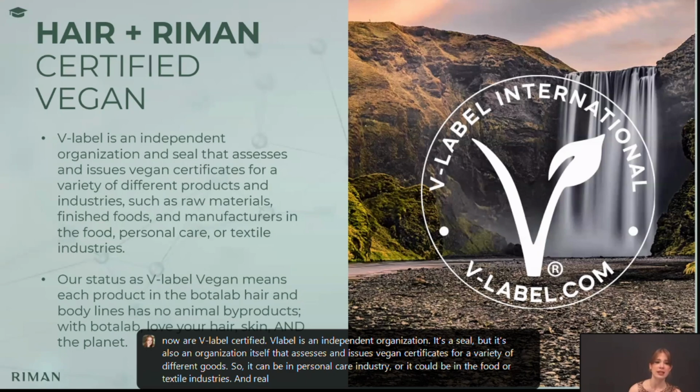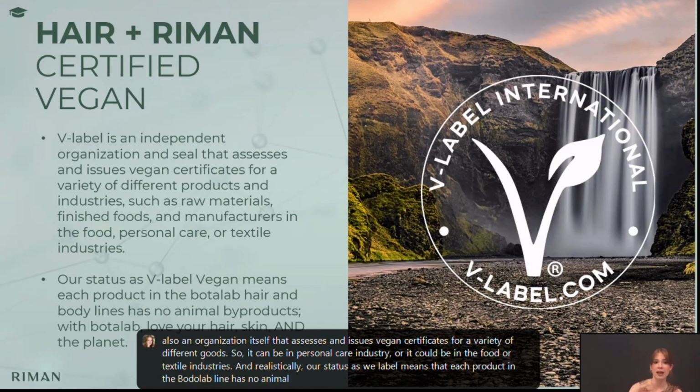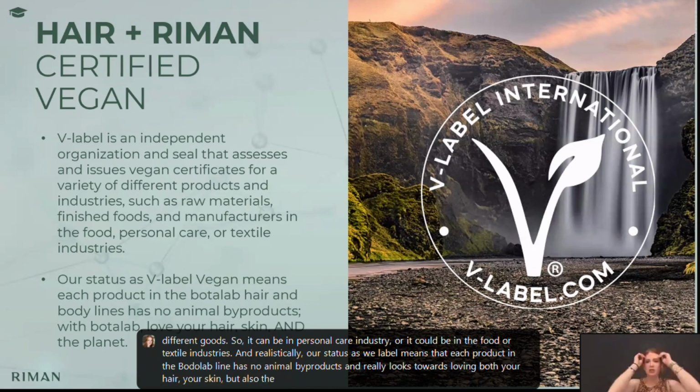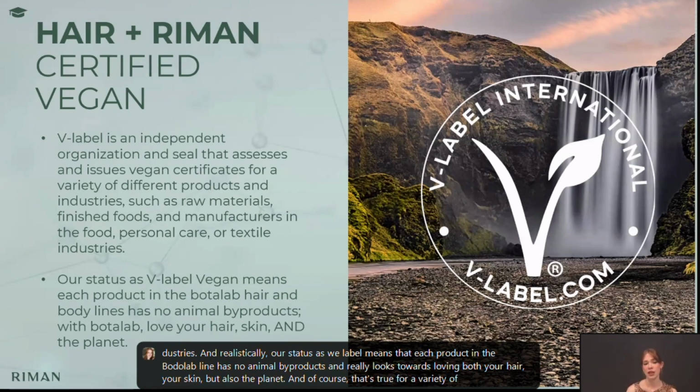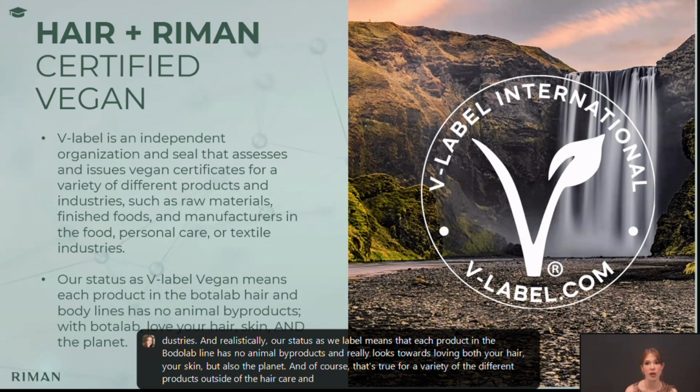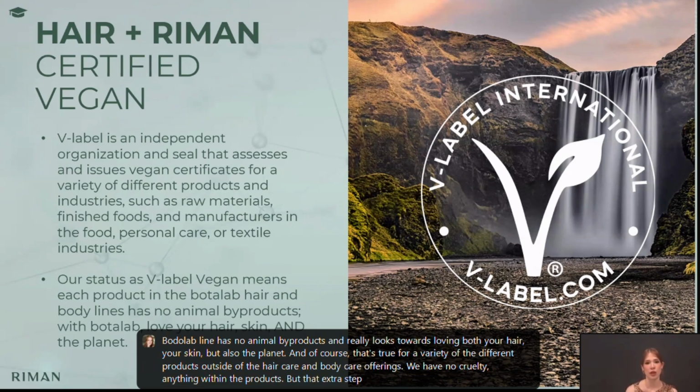And realistically, our status as V label means that each product in the Botalab line has no animal byproducts and really looks towards loving your hair, your skin, but also the planet. And of course, that's true for the variety of the different products outside of the hair care and body care offerings. We have no cruelty, anything within the products, but that extra step with this V label certification really helps